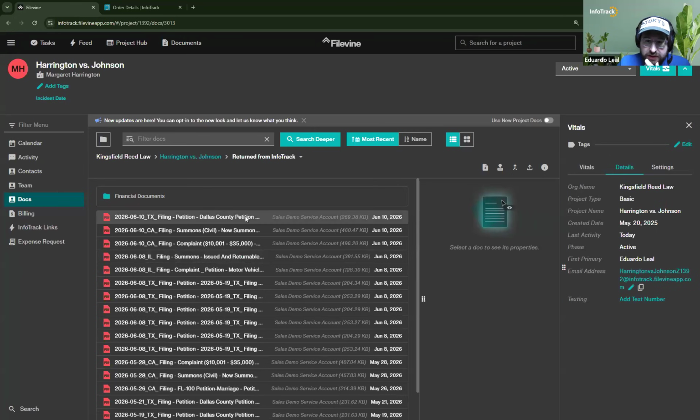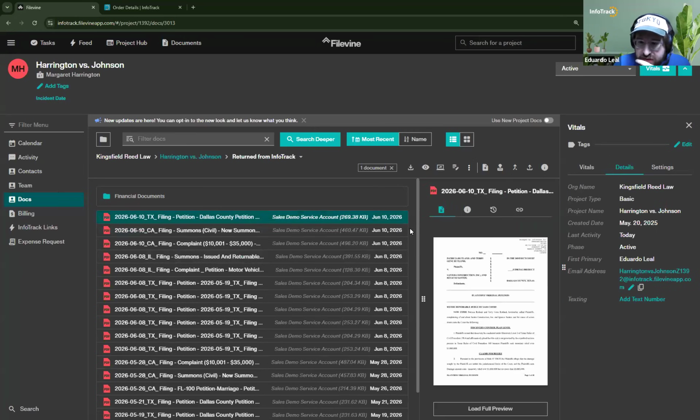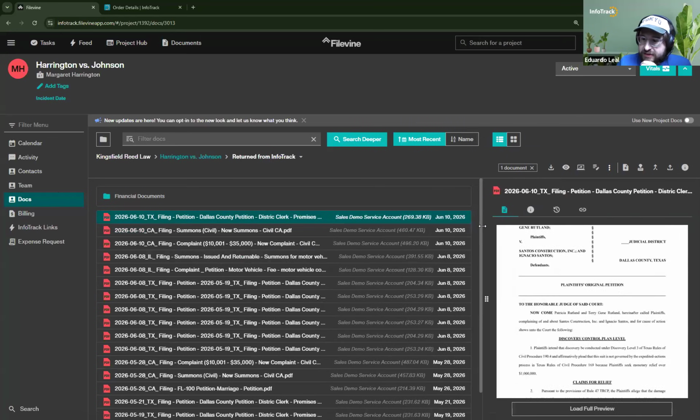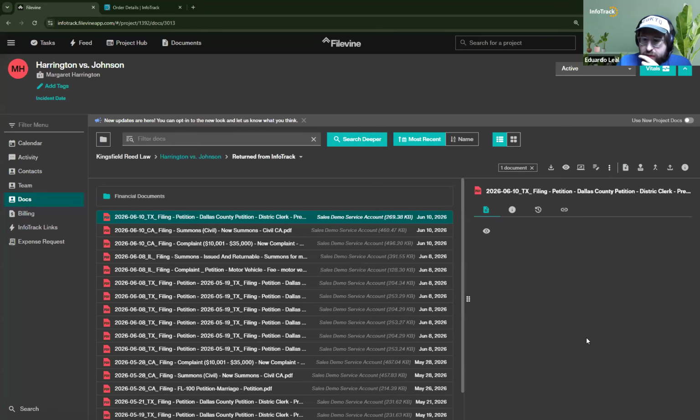Let me see if I can get it correct. So here's the preview. Let me just make sure I move things around. This is the filing that pertains to the current demo that I just made. It's returned into my Filevine instance project. And if I want to open or load the full preview, let me just make sure that I can see